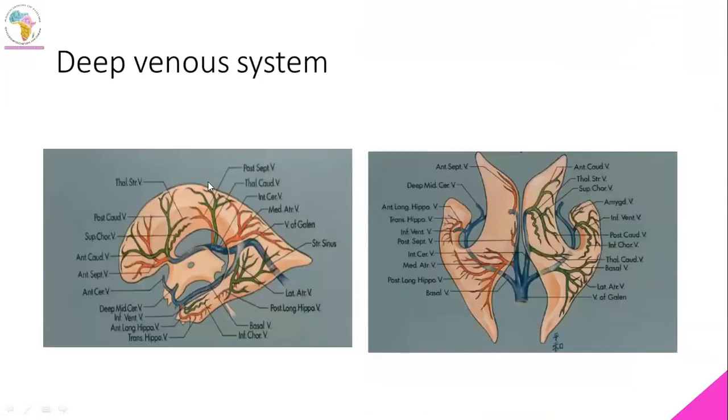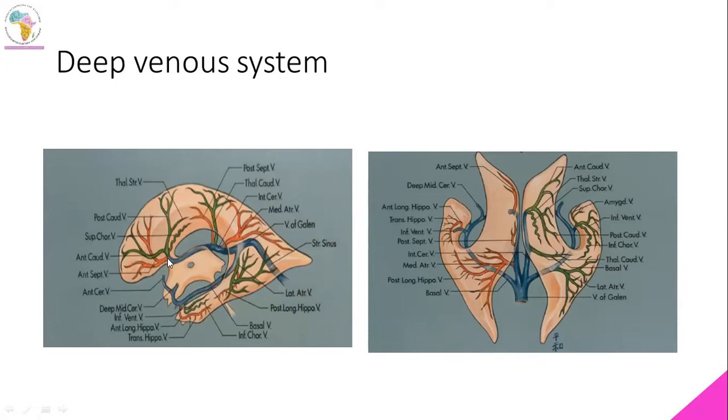This is another image of the deep venous system. As I said, we have the vein of Galen, which we call the great vein of Galen. It's formed by two larger veins. One of them is the internal cerebral vein, which runs along the ventricular system. It forms at the foramen of Monro by the septal vein and the anterior caudate vein,